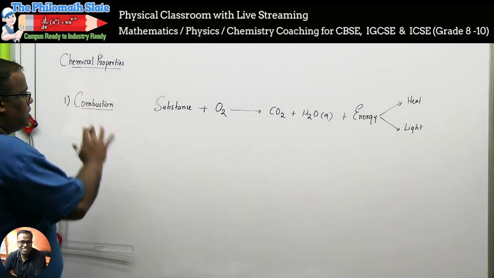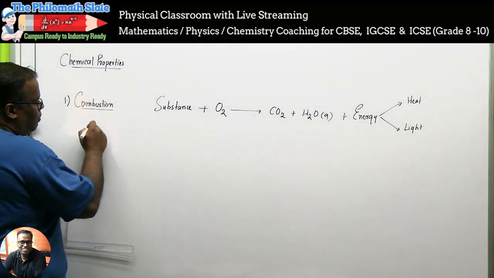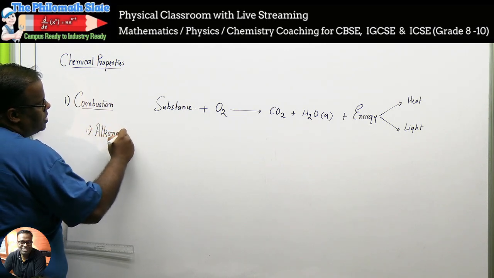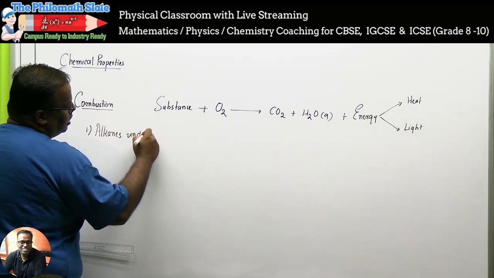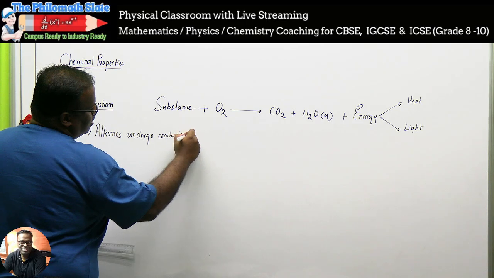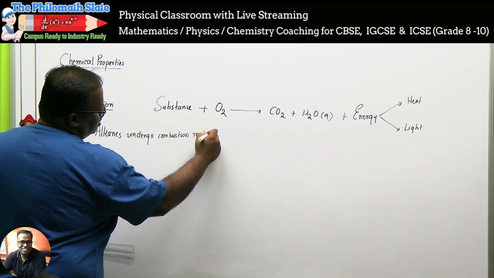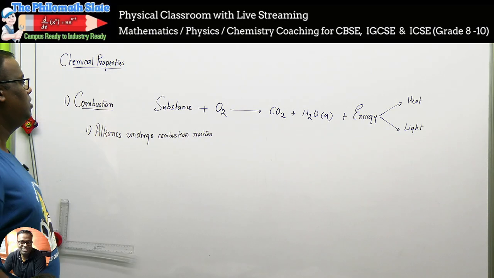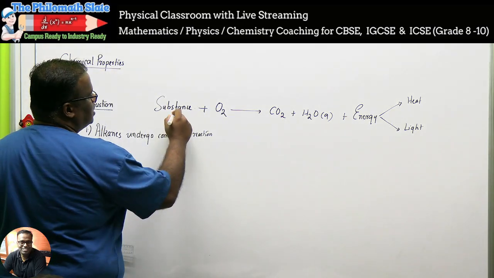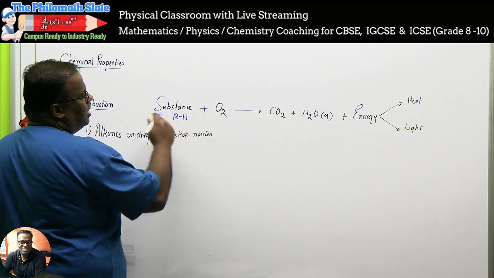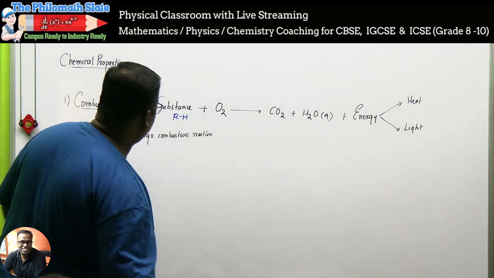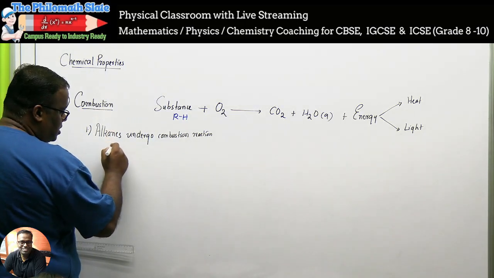Now, when we study combustion, the things that qualify for us are number one, alkanes. All alkanes undergo combustion reactions. Write it. Alkanes undergo combustion reaction. In fact, if I want to represent this for an alkane, how do I write? The alkane will be represented like RH. RH is an alkane. Standard equation: alkane burns in oxygen, and that's why alkanes are considered to be